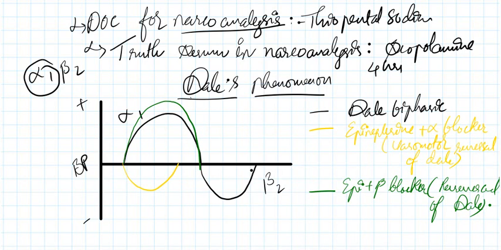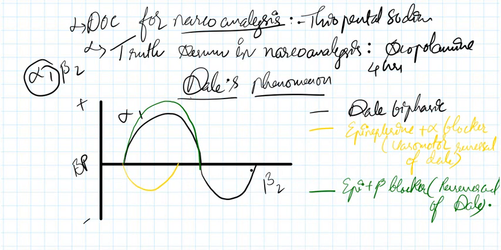Okay, I think we are audible, right? So this is called reversal of Dale. This is seen in epinephrine plus beta blocker, if epinephrine is given along with beta blocker. Now if epinephrine is given along with alpha blocker,